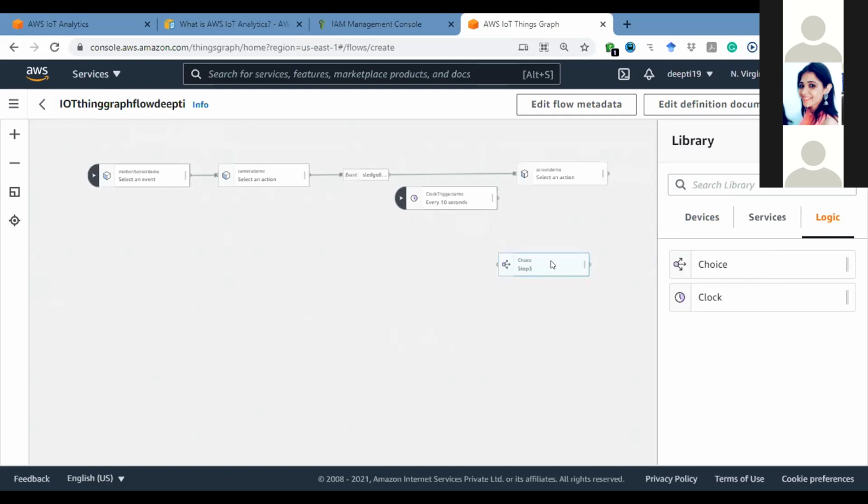Yes. Now you connect with this clock. Take it in a left direction. Then you connect this choice with this screen recorder.